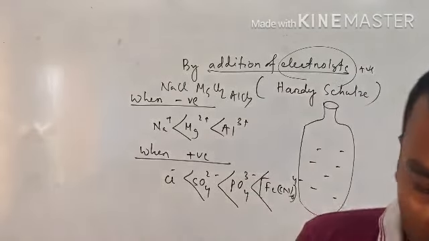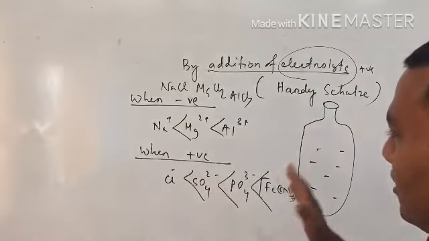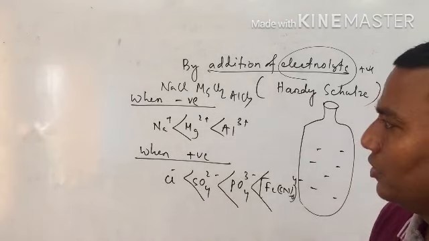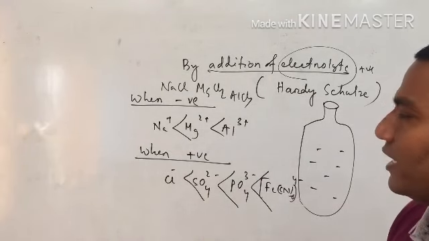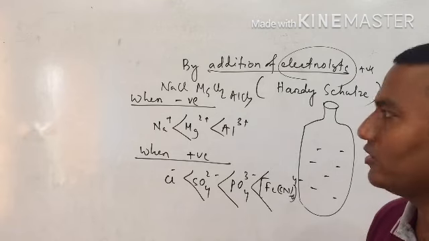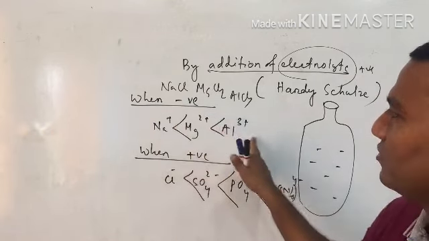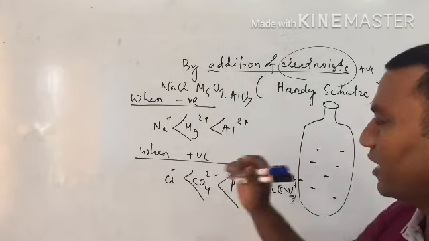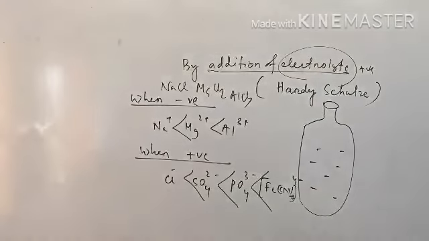Got the idea? When any colloidal solution is given with its charge, we can easily identify which electrolyte can coagulate faster. If negative is given, this is the positive charge order. If a positively charged colloidal solution is given, then this is the negative charge order. Understood? This is the meaning of your Hardy-Schulze rule. Coagulation of lyophilic sols can be easily done, but lyophobic can be done by different methods.